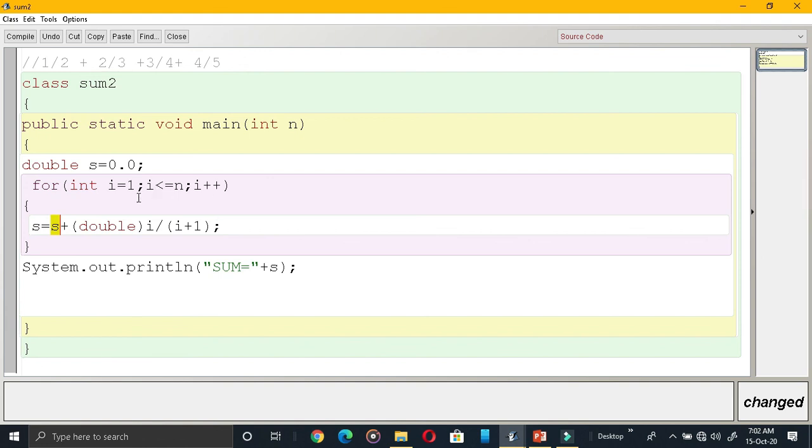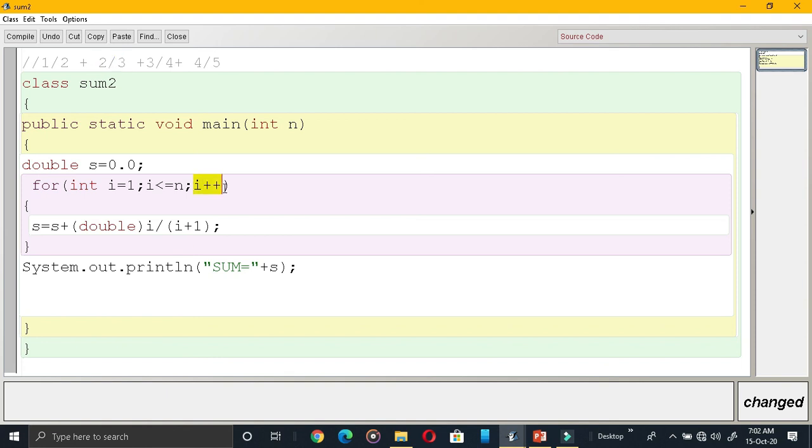Again I plus plus. This becomes 2. Condition is correct. Coming over here, s is equal to s plus whatever sum was added plus double of I, that means 2.0 divided by 2 plus 1, 3. 2.0 divided by 3 will take place.